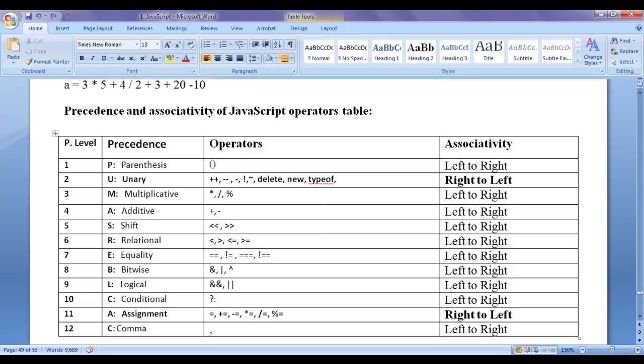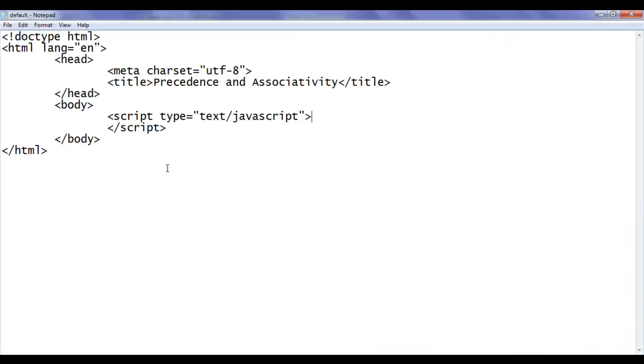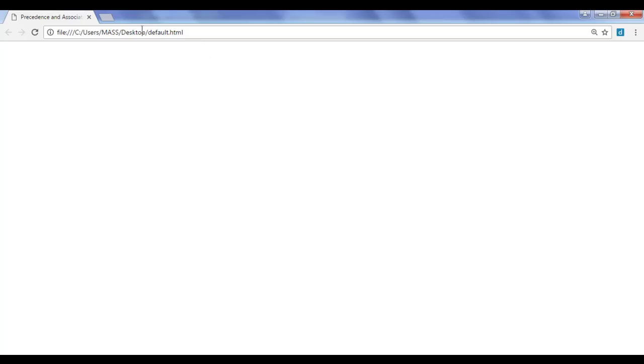I go to Notepad. You can see that I have already opened default.html in the Notepad. It has the basic HTML document structure code. Title is set to precedence and associativity. In the body section, I have already written the opening script and closing script tag. I have already opened default.html in Chrome. Title is set to precedence and associativity. I go to